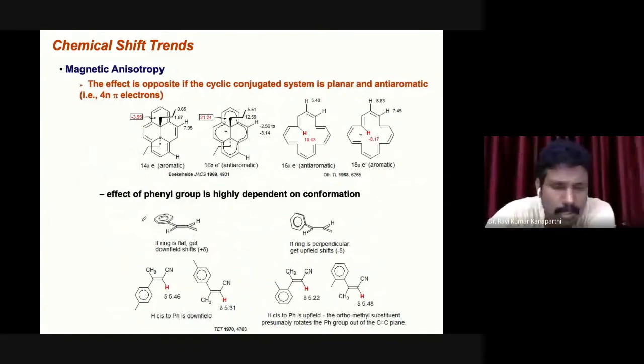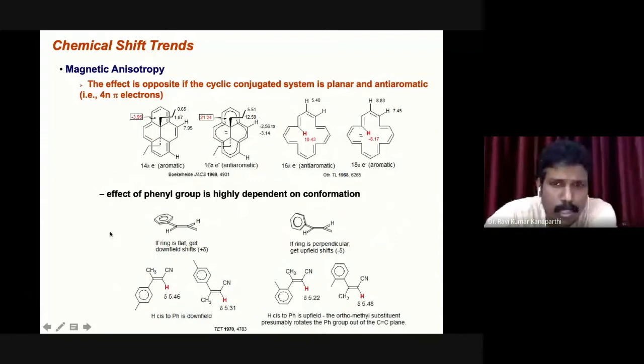So I will try to bring more CSIR questions as and when the topic is covered. I have already discussed 2 examples of CSIR with regard to the same concept, the magnetic anisotropy. Then we will proceed further, and with that we have totally covered magnetic anisotropy in all respects. So you go through it, it is a really useful subject.